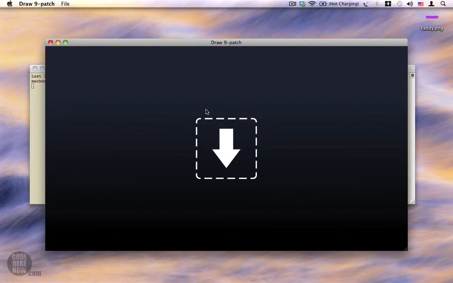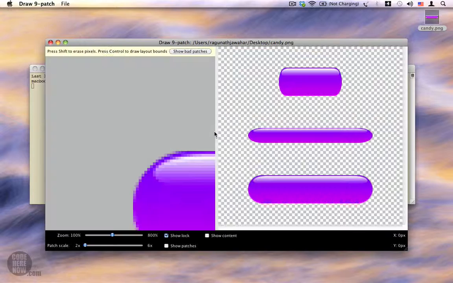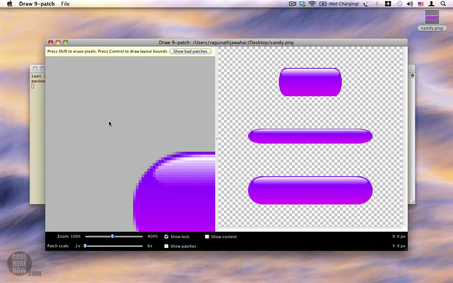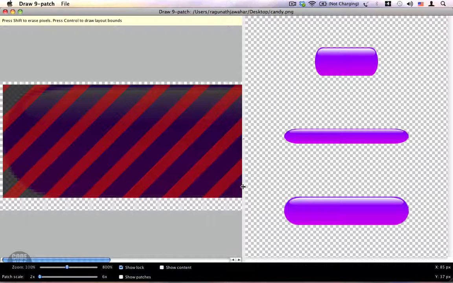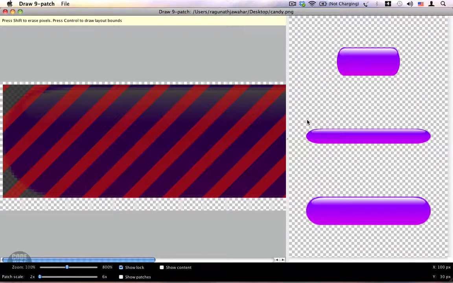Here is the Draw 9 Patch tool that we're going to use, and this tool lets you create a different type of drawable called a 9 patch drawable. Let me show you rather than explaining about 9 patch drawables. I'm going to drag in this PNG to my Draw 9 Patch tool, and you can see that here, let me expand this. So here you can notice that once the image is stretched by height, you can see that the corners are being